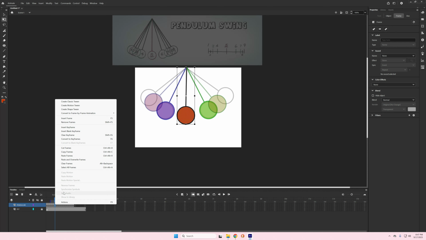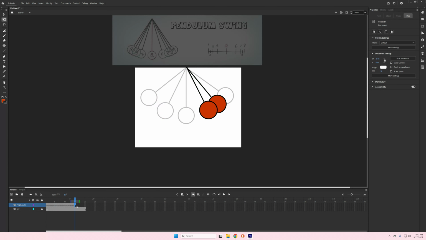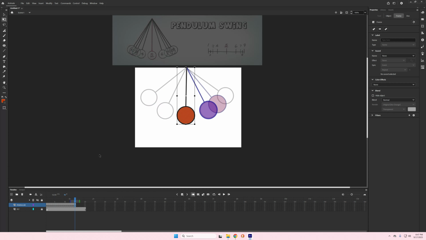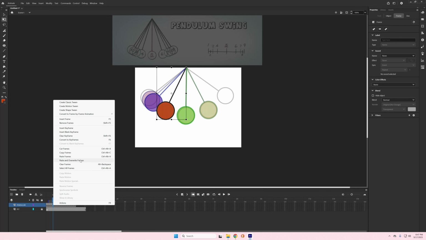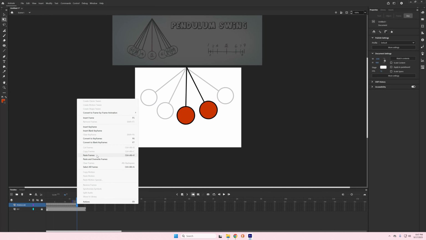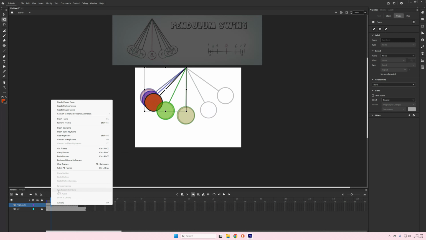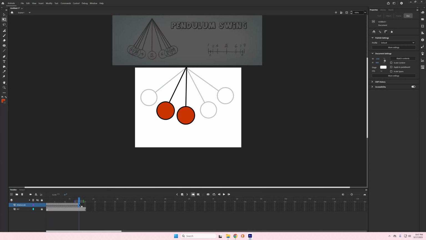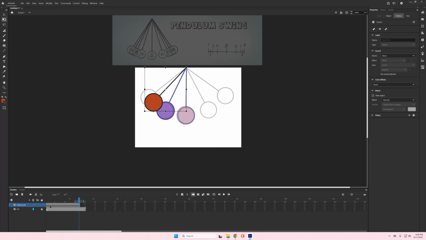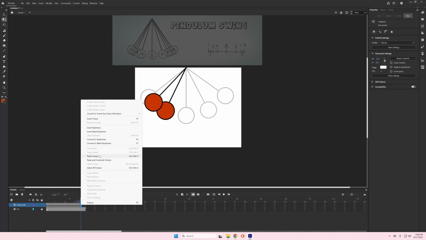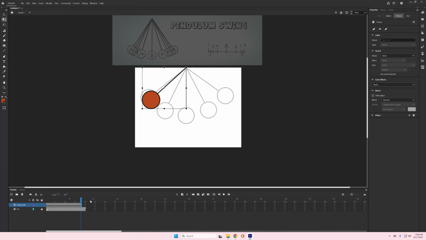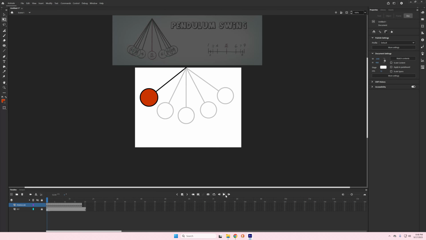So right click on frame 5, copy frames, and I'm going to paste this one in 15, right click, paste frame. And now I'm on frame 4, right click, copy frames, come to frame 16, paste it. Frame 3, or keyframe 3, right click, copy frame, frame 17, right click, paste. And then finally the last one, you want to do frame 2, right click, copy frame, frame 18, right click, paste. So I'm going to turn off onion skin now, and hopefully I did not mess up any timing,